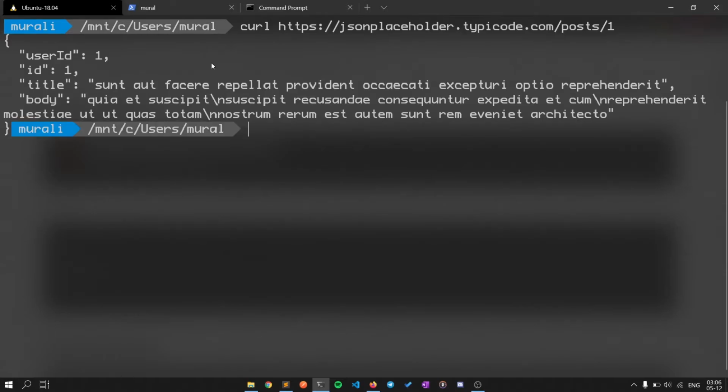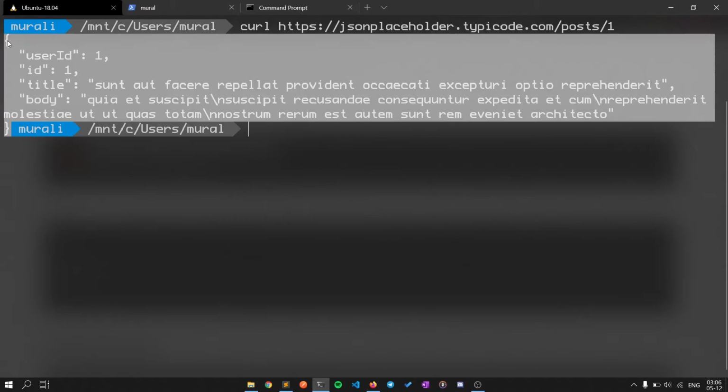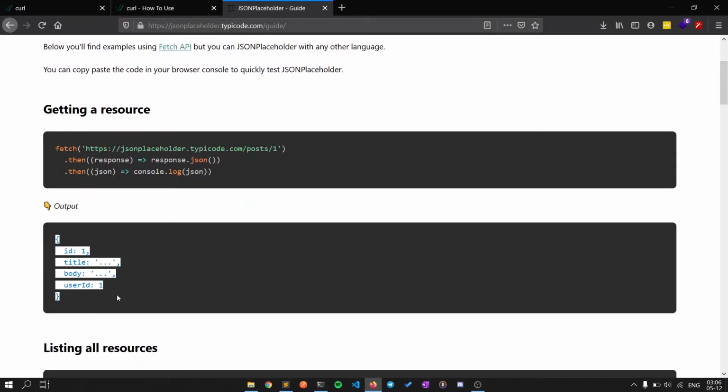Open your command line. If you're on Linux, open your terminal. First, I will show it in the Ubuntu terminal running on WSL. I have copied the URL from the website, and let's start testing a GET request first. The first step is to type curl, space, and paste the URL that you are gonna fetch data for, and hit enter. This will give you the data from the REST API that is hosted on the website